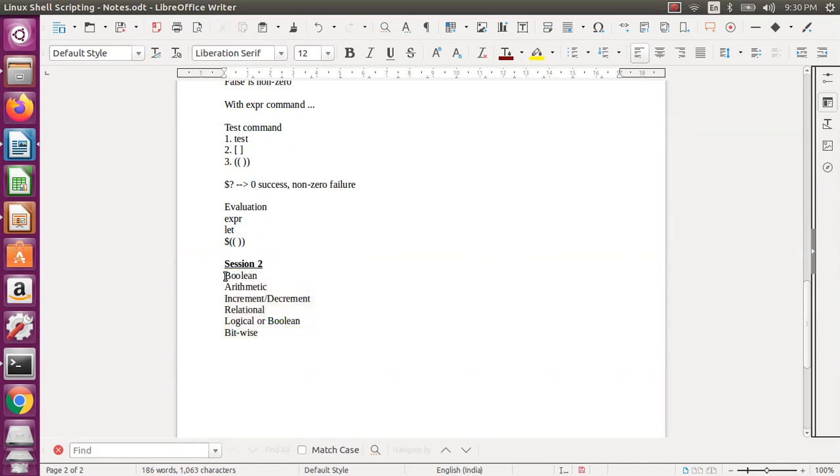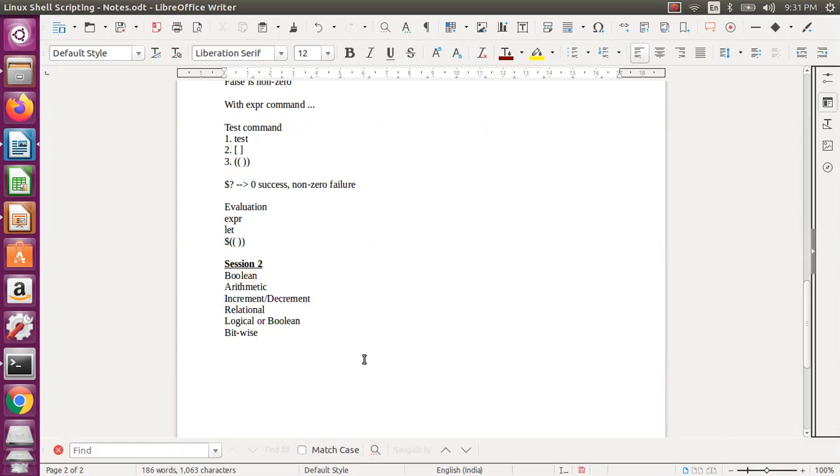In some cases Boolean may not be there, like in C programming, but in Python all these are there. Of course, increment, decrement, pre-increment, pre-decrement may not be there in that. And of course augmented assignment will come as part of that. These are the general operators which you'll see in a general programming language.